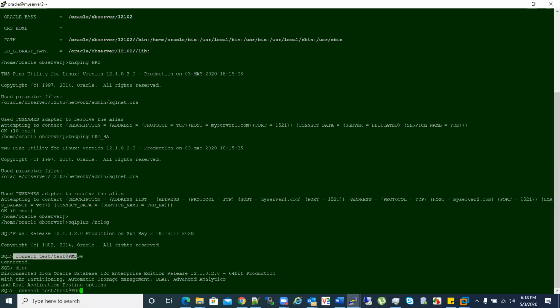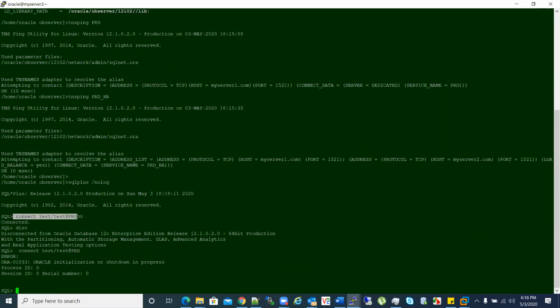But when you give the static connection to the application team, they will always try to connect to the red one because they think the red one is the primary, and they will get an error saying Oracle initialization is in progress. To overcome this problem, we added this entry where we have both the servers, and it will check prd_ha to see where it is actually running. It will always run on the primary server. When you perform a switchover or failover, this service will be running only on the primary server, doesn't matter whether my server 1 or server 2 is primary. Just now I added that in both these servers, but I haven't started the service.